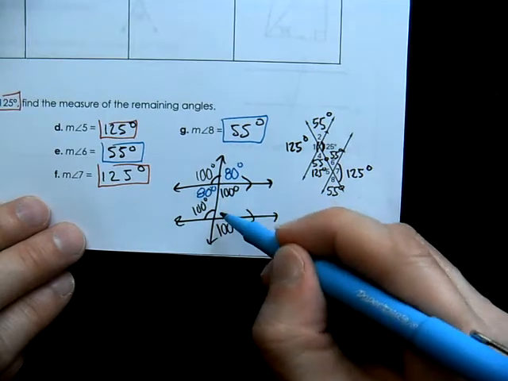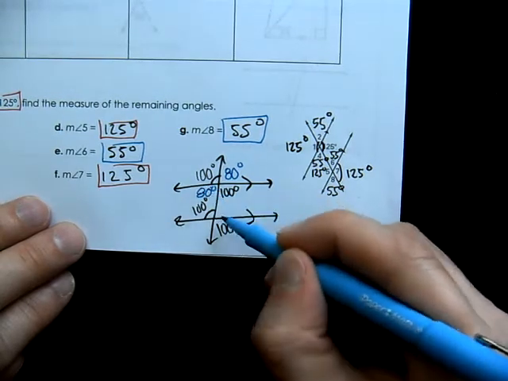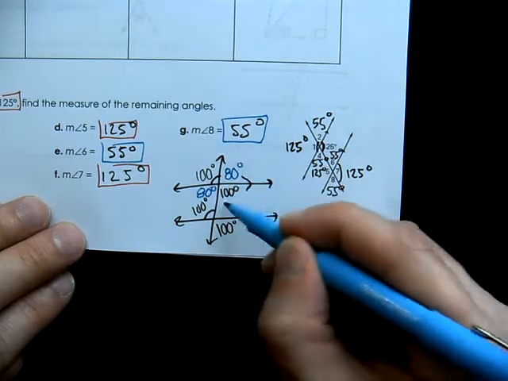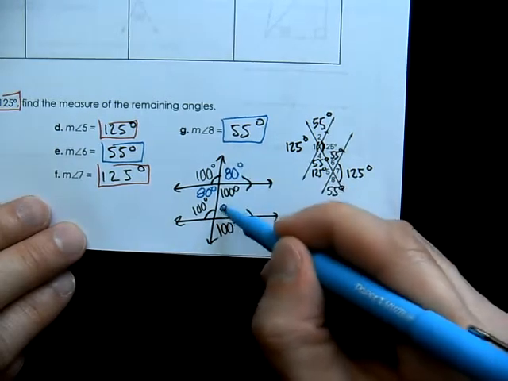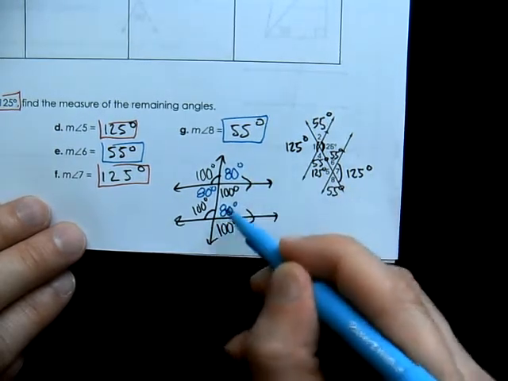These 2 angles here are alternate interior, so they have to be the same. Or you could use these 2 angles. These are corresponding angles. They have to be the same. And then, again, we have another pair of